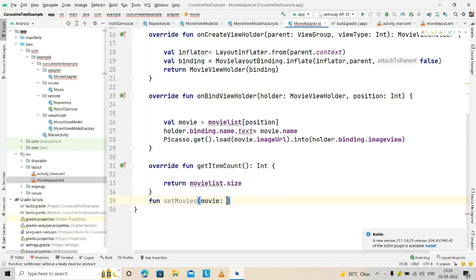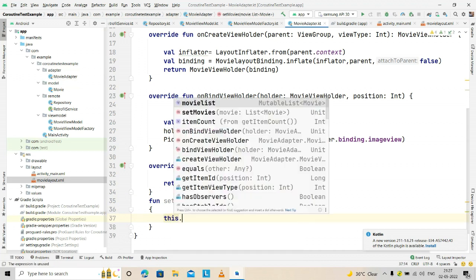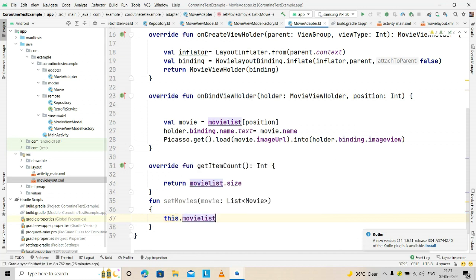So do one thing, you just say list of movie, so we can update it. And here you can say this dot movieList